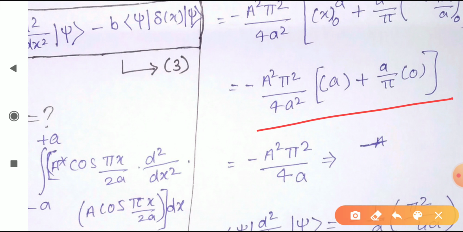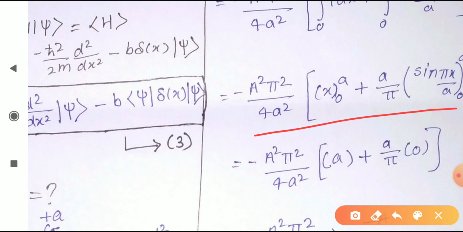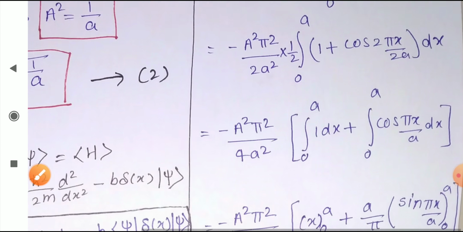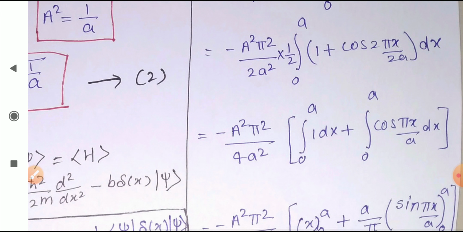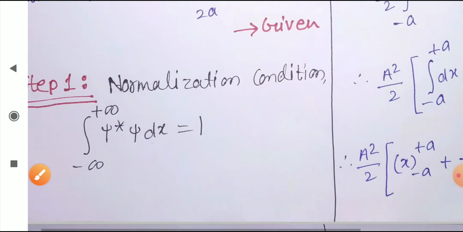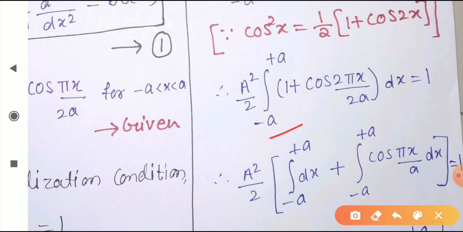A constant we have taken outside this part, and we will solve the integration, we'll get this. We know that this second term will give us 0 value, and here we will get a, because here we have the limit 0 to a. Now see, here I have chosen the second step to solve. Second step, that means what? This question you can solve in two ways. Earlier I have shown you how to solve this by using the limit minus a to plus a only.